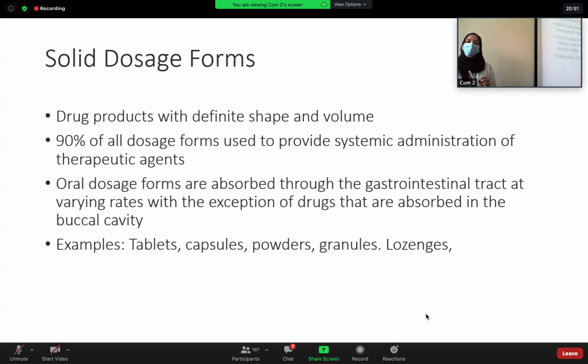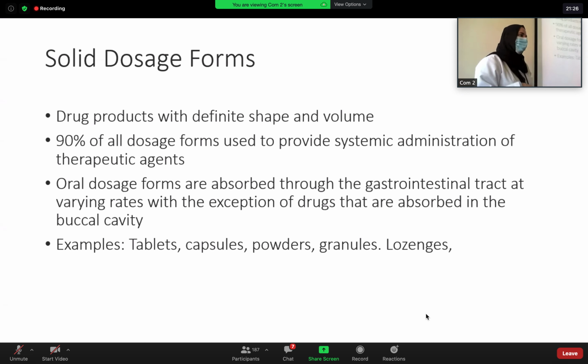So that's why we were saying 90% of the oral dosage forms or solid dosage forms are to produce a systematic effect, except a few of them. This is one of the examples. The lozenges are to exert a local effect, which most likely will be an anesthetic effect. Is anybody familiar with Cepacol lozenges, Strepsils, for example? So that's basically intended to exert its local effect,